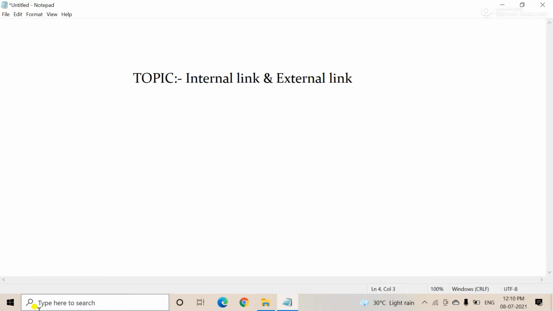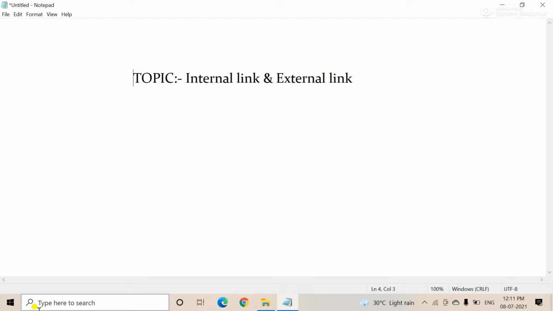A hyperlink is highlighted text which, when clicked, leads to another page, and a hyperlink can be created on text, an image, or both. Generally these links appear in blue color on the web page, but the colors can be modified using attributes. Today in class I am going to discuss how to link, meaning the internal link and external link.